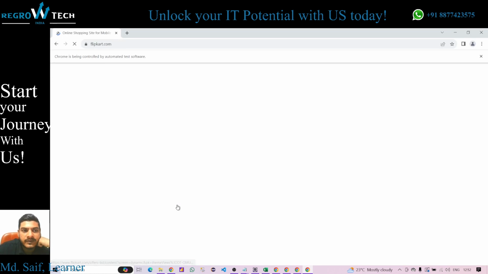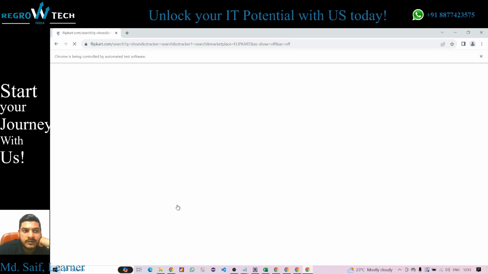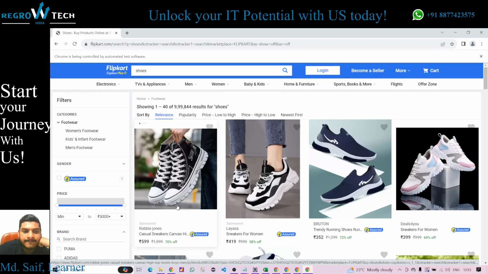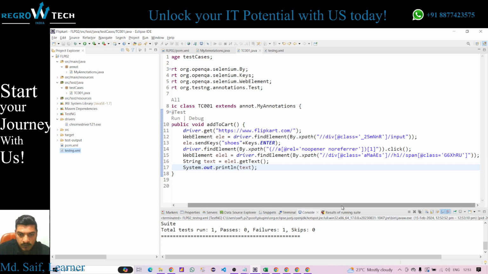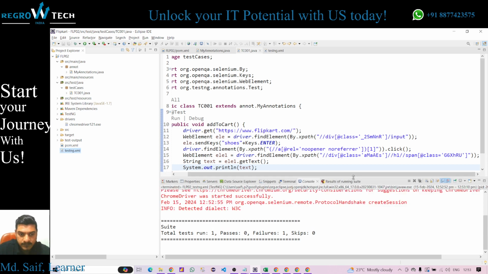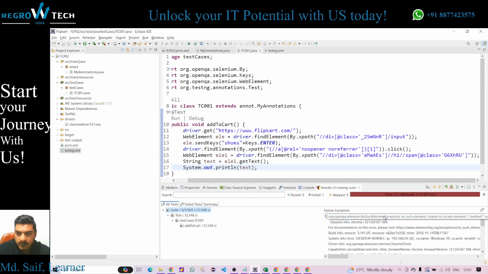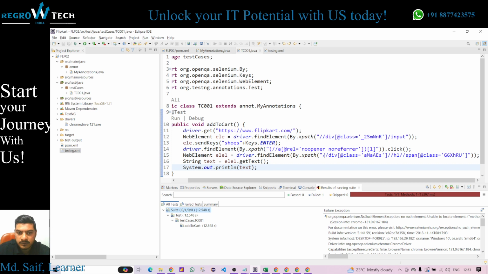Google Chrome is opened, Flipkart is opened, then shoe search is open. The list of the shoes will be displayed. Then the first item got selected. Yeah, completed till here. Now we have to go and check that. See, one failure is this. What is the failure? No such element exception, located here. So first let's